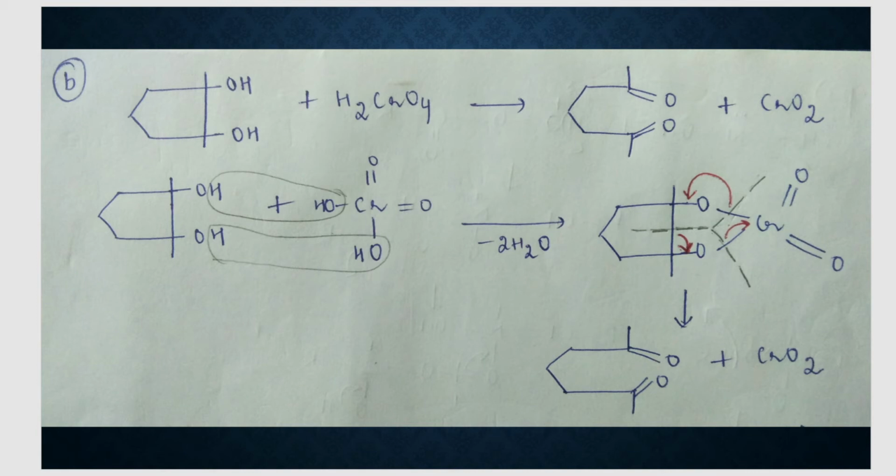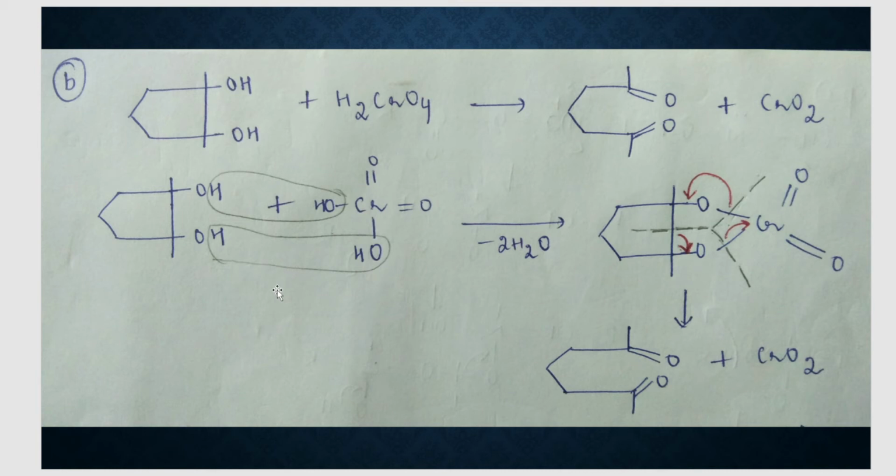The second application is reaction number B. Now, I hope you know what this compound is because we have come across this molecule a lot of times previously as well. What is this? I hope you're answering at home. This is a diol. Yeah, we had this already. This is a diol molecule, because it has two OH groups in it. Now diol on oxidation with the chromic acid, what does it give? This one, once again you know this. What is this? It is a diketo compound. Okay, and CrO2. The reaction mechanism is same as the previous one.